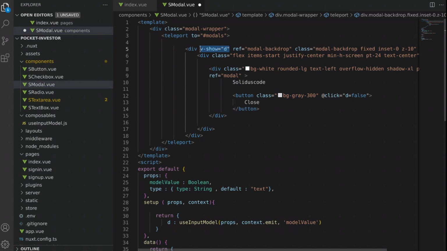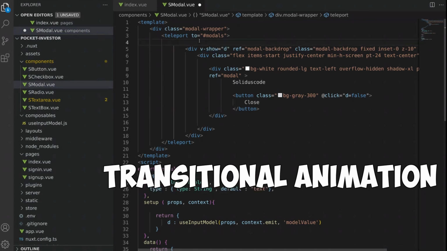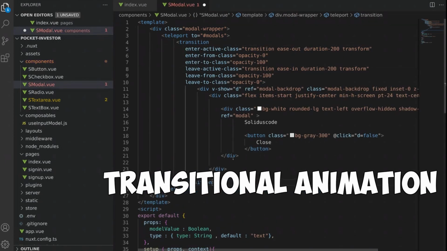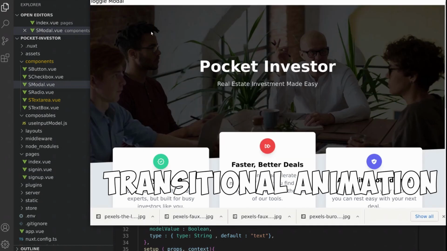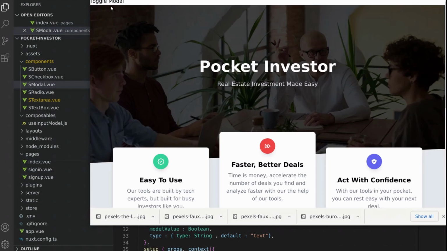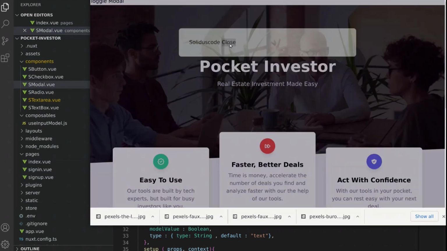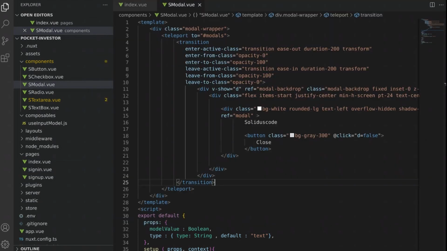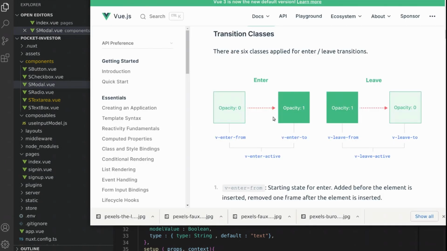Now the next order of business is to add some transitional animation so that as the modal is appearing and closing, it has a gradual transitional animation. In this case, the background fades from no opacity to darker opacity. This is taken straight from Vue itself, where there are 6 classes that are applied for enter/leave transition, if you wrap an element around a transition element that is